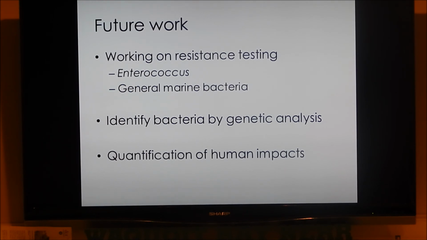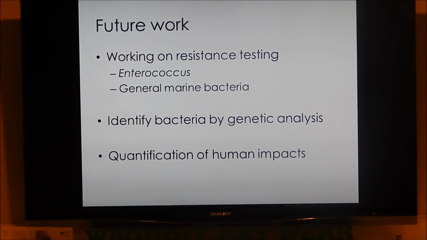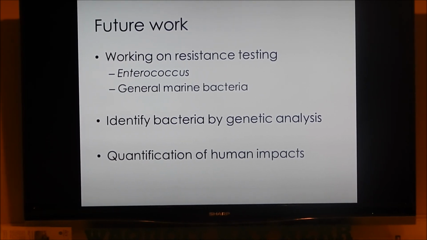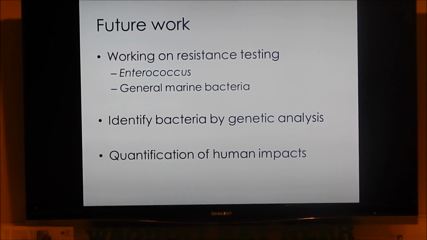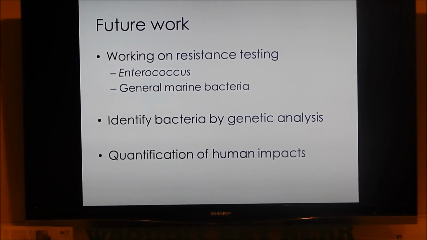I was wondering, you were mentioning earlier about bacteria transferring antibiotic resistance to other bacteria. Since there's a lot of dissolved organic carbon in the ocean and some of that's presumably pharmaceuticals, is that a pathway for introducing antibiotic resistance in marine bacteria? I hadn't thought about that. That seems reasonable. One of the other pathways is antibiotic residues, or actual antibiotics, that get into the environment as well. So that seems like it could be a reasonable pathway too.